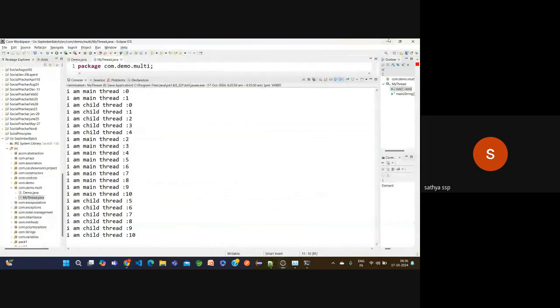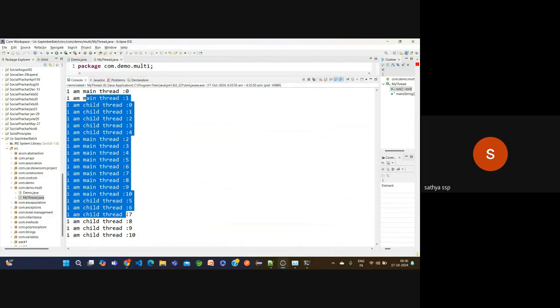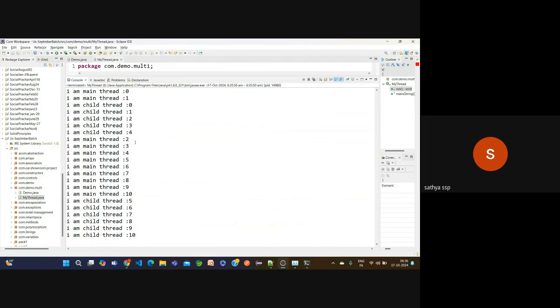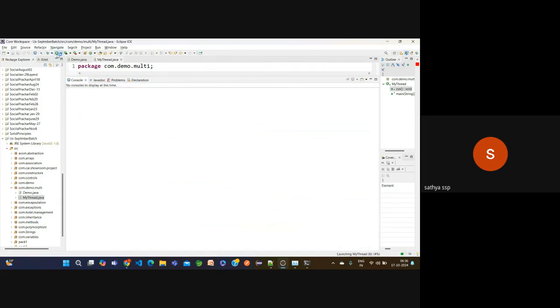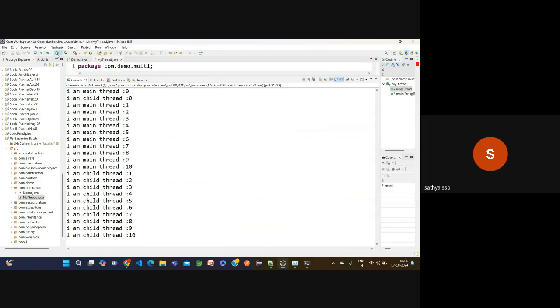The same output. But in this case, observe carefully the output right now. I executed like this. Now see, the logic is changed. Again the logic is changed.